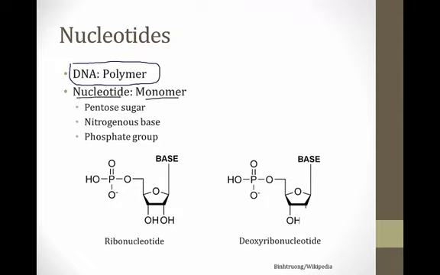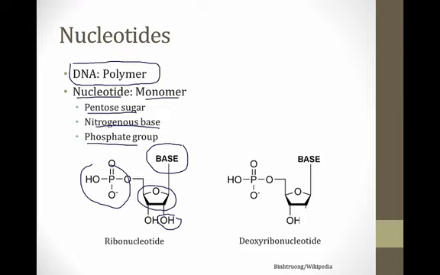And like I told you before, nucleotides have three elements. They have a pentose sugar, which is this unit right here that I'm circling. They have a nitrogenous base. The base is not shown in terms of its chemical structure, but it would sit right here. And then finally, they have a phosphate group. And if you see an OH group right here, then it is a ribonucleotide. If that OH group is removed, as I've shown you over here, then it is a deoxyribonucleotide because the oxy